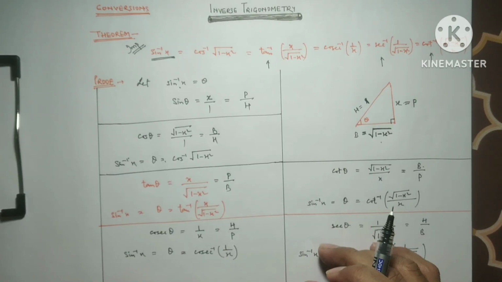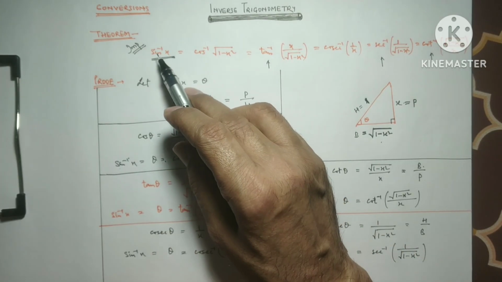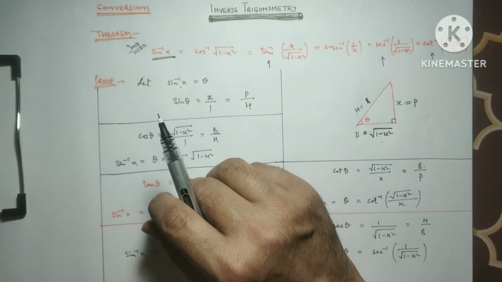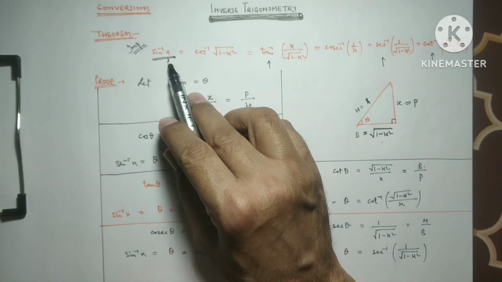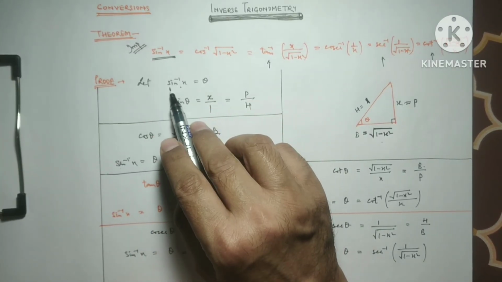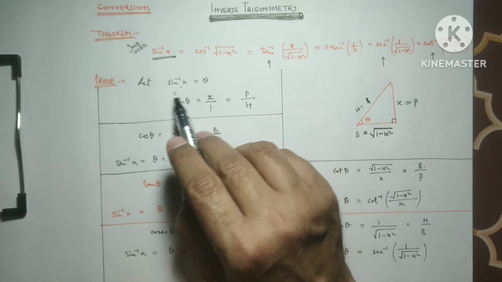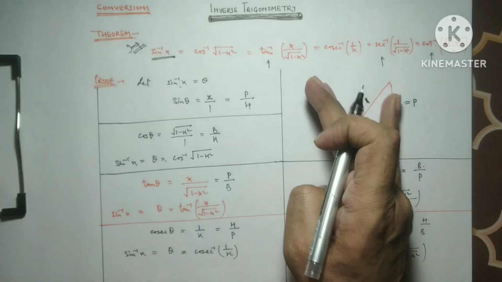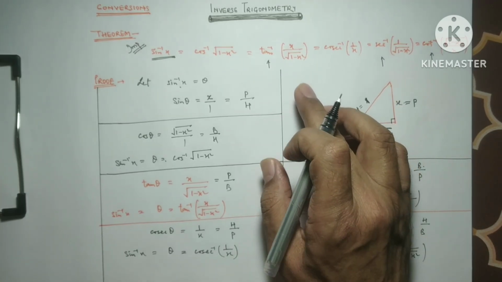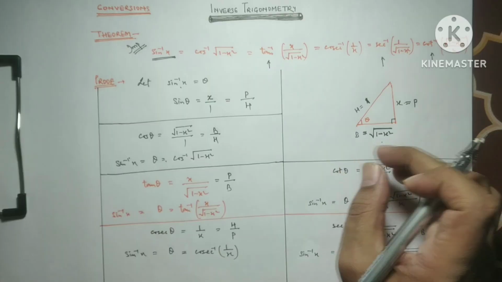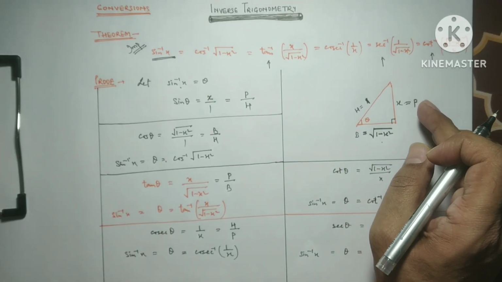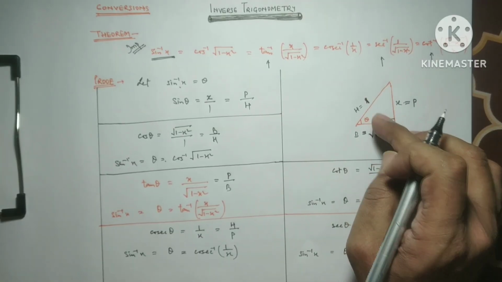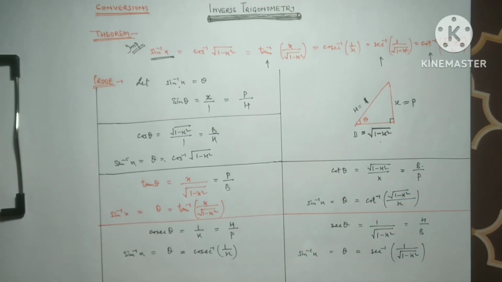So this is the method by which you start with any inverse and convert it into other trigonometric inverses. So if you have a cos inverse, then you will consider cos inverse x as theta, and cos theta is x over 1. Then we place another triangle in which base is x and hypotenuse is 1. In case of sine inverse, we have the perpendicular over hypotenuse. In case of cos inverse, we have x over 1, base over hypotenuse, right?